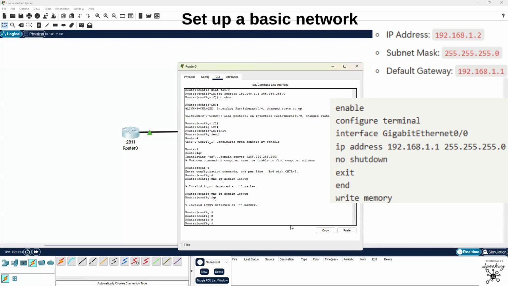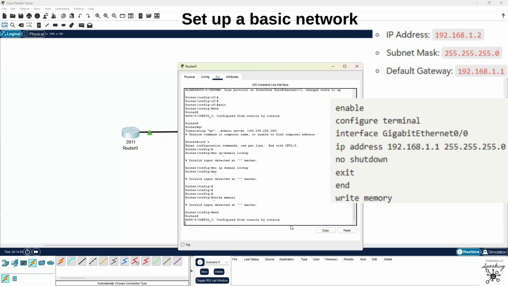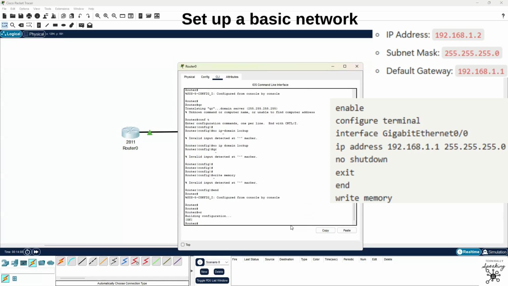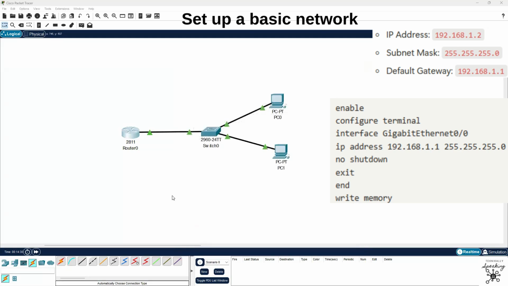Okay. So what I can do, because I did all these commands and I don't want to lose them, I can literally say write memory. All right. I've got to end and I've got to do write. WR is better. And it says building configuration. Okay, right here, as you can see. So basically it's the same as write memory. Okay. And again, that's just to save all the configs, your hard work. Just make sure you save it on the router. So now, as we can see, we have all green.